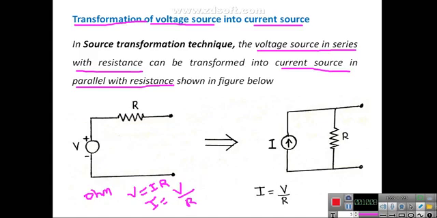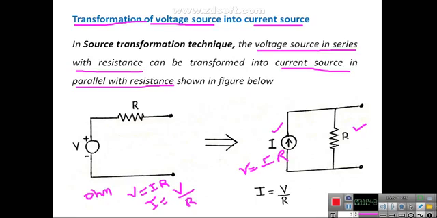Suppose you want to transform current source into voltage source. What to do? Now in this, you know I and R. By making use of Ohm's law, I is known, R is known, I into R, so you can easily calculate V. If you know this network, you can convert it into a voltage source because you know I and R. So V is equal to I into R, and that is your equivalent voltage source of this current source.